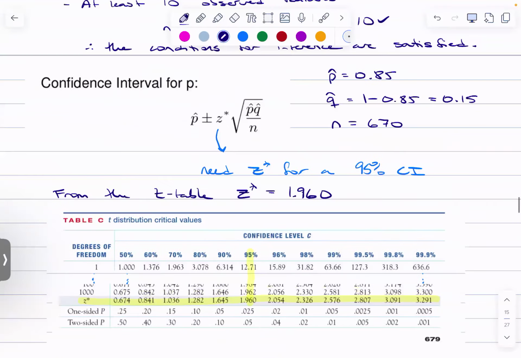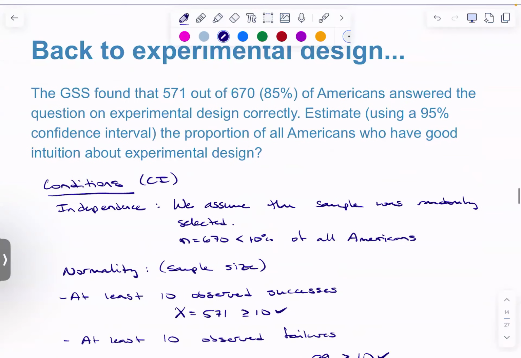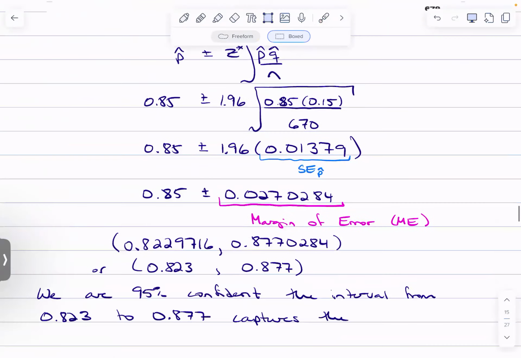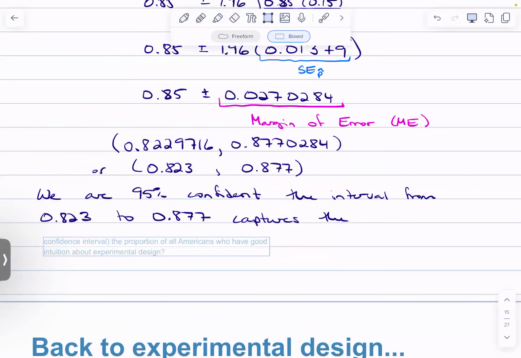captures. We were asked to estimate using a 95% confidence interval. What were we trying to estimate? The proportion of all Americans who have good intuition about experimental design. So that's what you take, the proportion of all Americans. It's important that you emphasize that it has to be about the population proportion, right? And so the proportion of all Americans